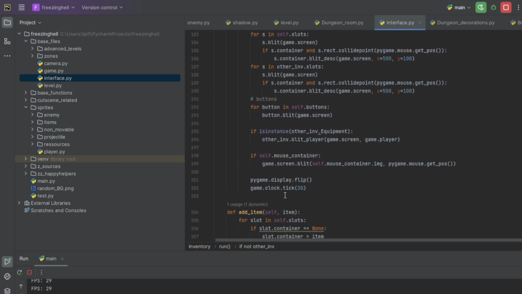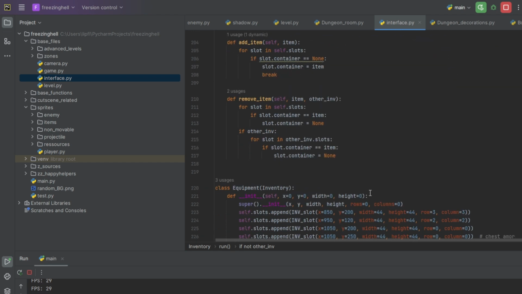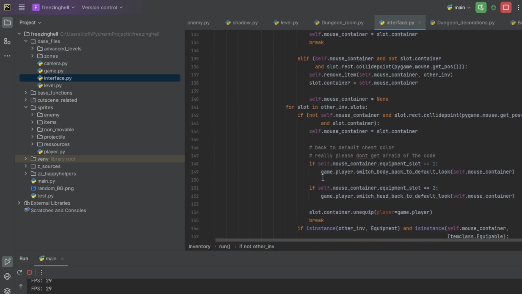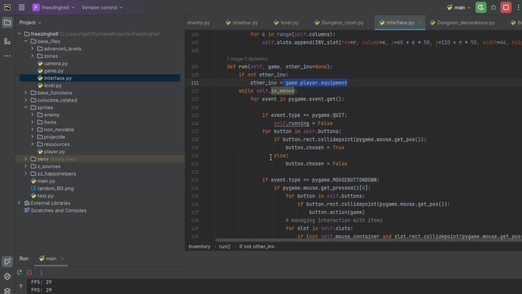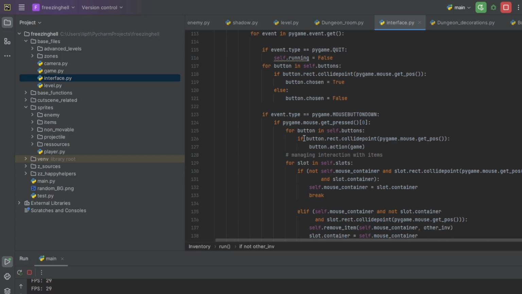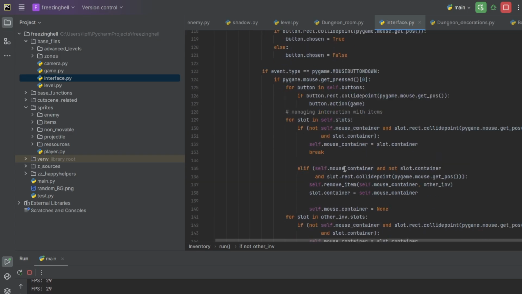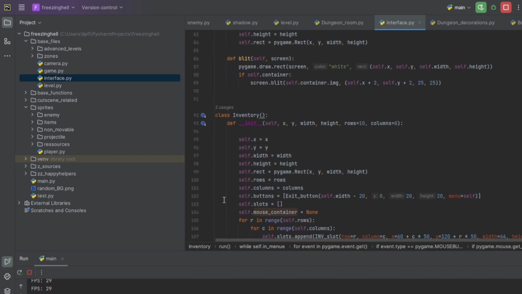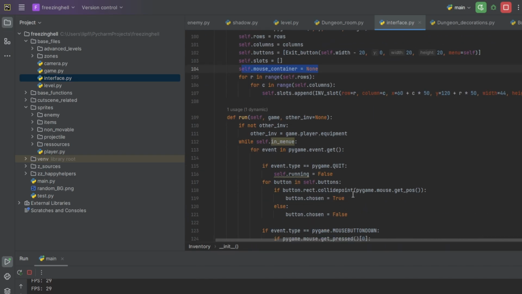I won't tell you anything about each line because this doesn't make sense and this video would take hours. But what else? Here we have the mouse container, where the variable is declared.